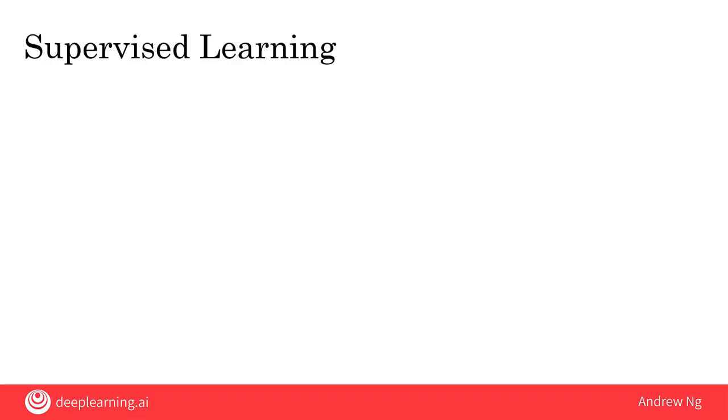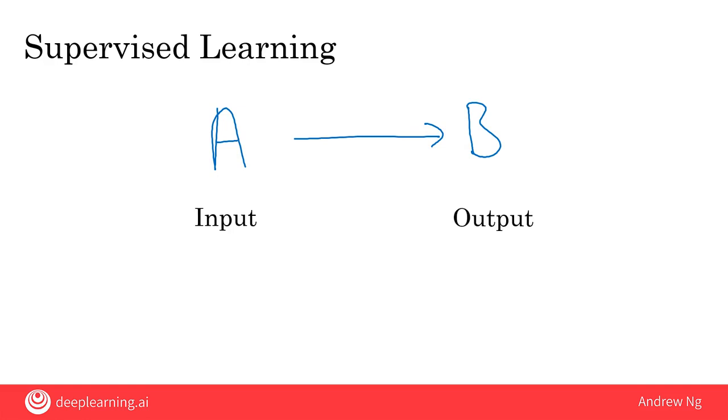The rise of AI has been largely driven by one tool in AI called machine learning. In this video, you learn what is machine learning so that by the end, you hopefully will be able to start thinking how machine learning might be applied to your company or to your industry. The most commonly used type of machine learning is a type of AI that learns A to B or input to output mappings. And this is called supervised learning.